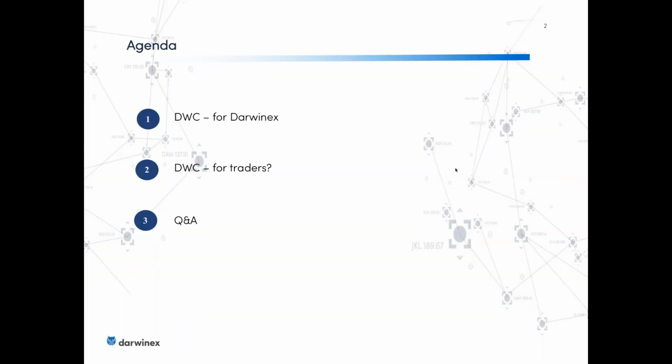So without further ado, today we're going to talk about DWC, which is a special breed of Darwin in that it is the first Darwin that leverages community data from the Darwinian community to create a trading strategy. My core goal today is to explain how DWC came about and why it's also listed as an investment strategy available for Darwinian customers. At the end of this, we'll go through any questions that you might have, so don't feel shy in asking or suggesting or even questioning any of what I say.